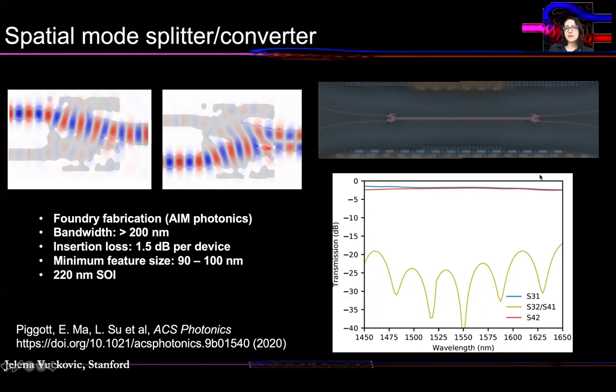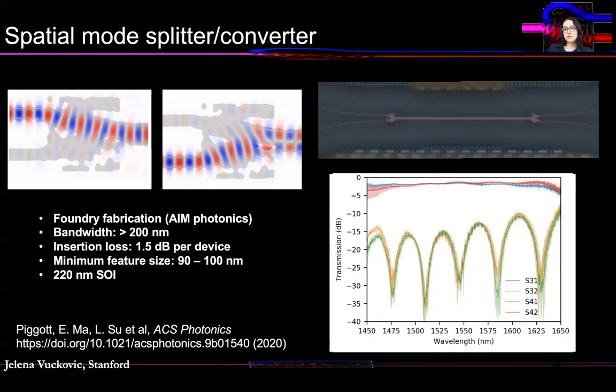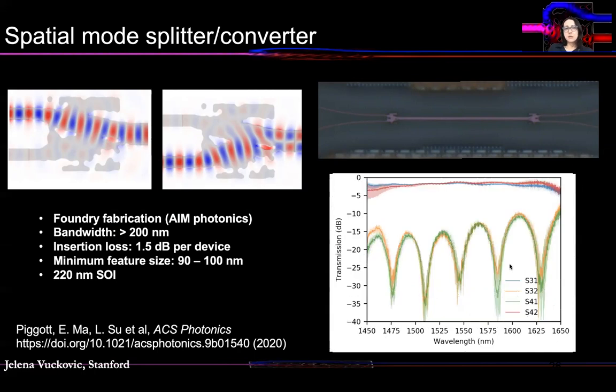And here is the theoretically predicted behavior for the cascade of two devices. And here is the measured result for the cascade of two devices. So actually excellent fit between the two. Keep in mind that this is the superimposed loss for two devices, so it's only 1.5 dB per device. Theoretically, it was predicted to have a loss of about 1 dB,